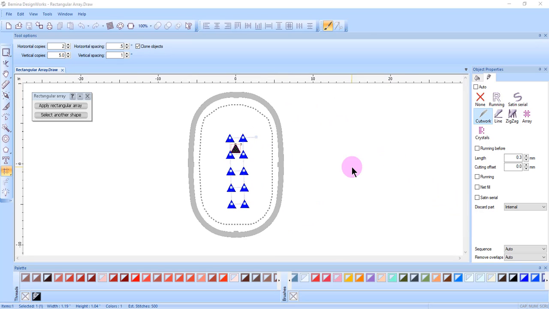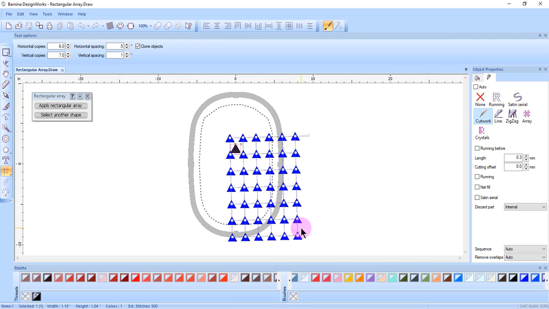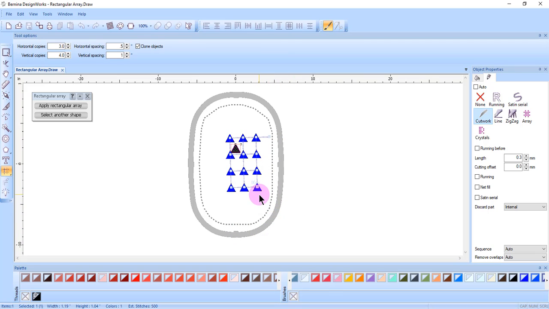There are some additional ways to edit the array before it is applied. If I hold the Shift key and click on the control handle of an object other than the original and drag to the right or down, I can add copies to the array. Dragging up and to the left will remove copies from the array. In addition, I can drag diagonally to add copies in both directions, or drag diagonally to remove copies in both